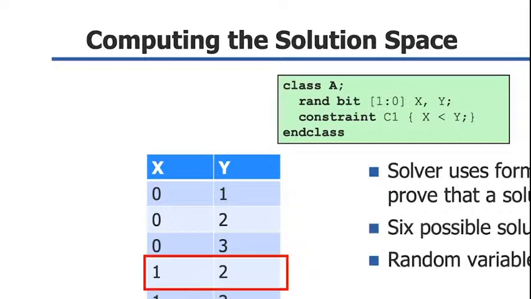The constraint solver will pick the random variables as a set. So it might choose x equals 1, y equals 2. And each solution has an equal probability of being chosen. So out of these 6 solutions, we see that x